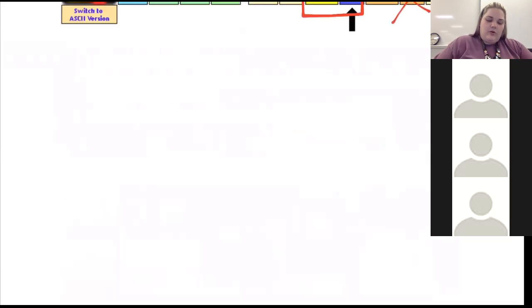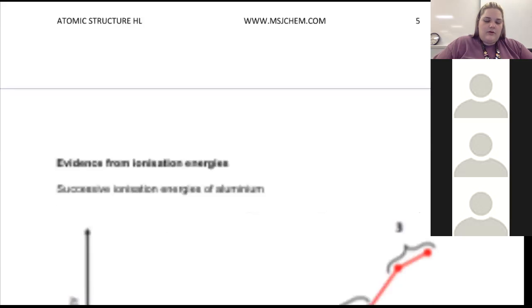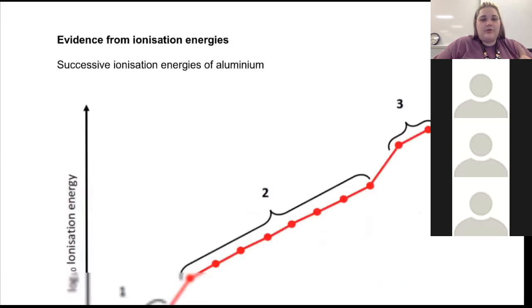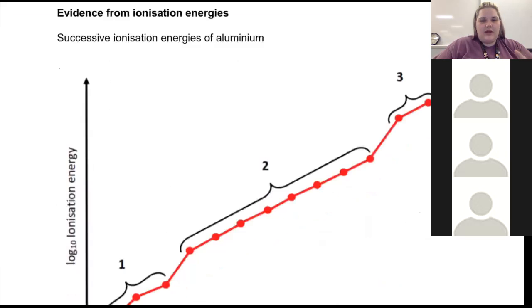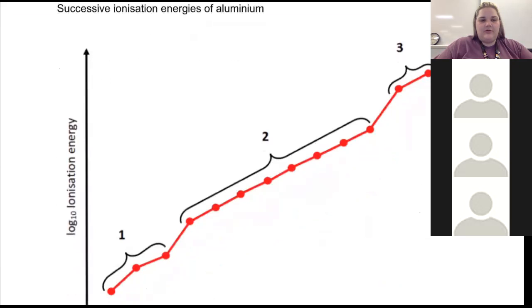All right, so what does this mean, okay? Well, when we look at ionization energies, we're talking about the amount of energy required to remove 1 electron, okay, which would turn something from an atom into an ion. So we can see patterns, and we're going to get more into this when we get to topic 3 with the periodic table. But what we kind of need to see is, and this example here is talking about aluminum,